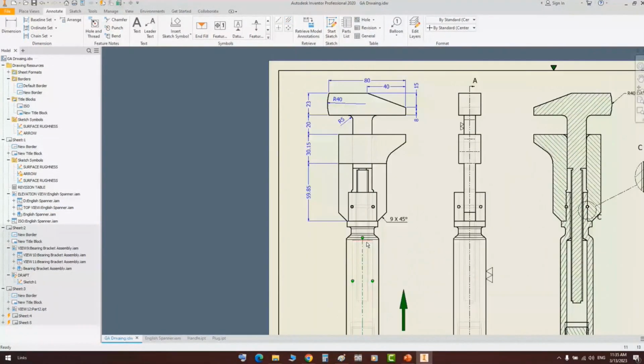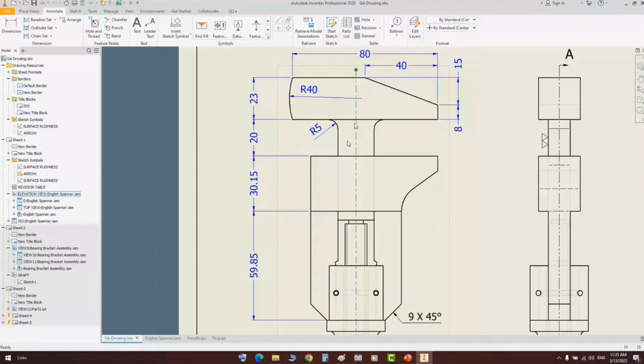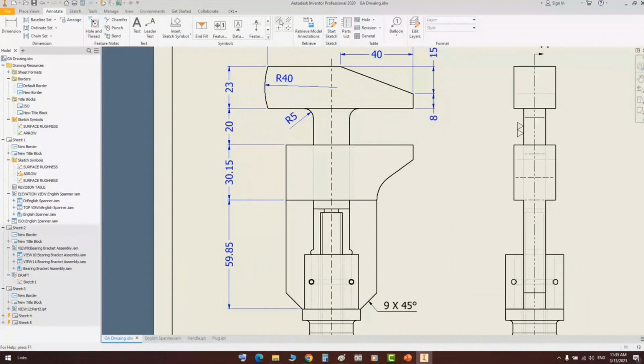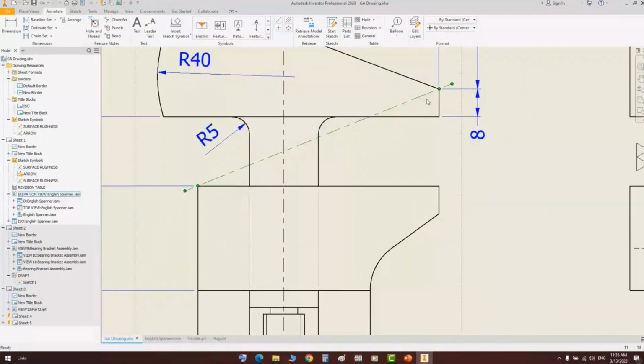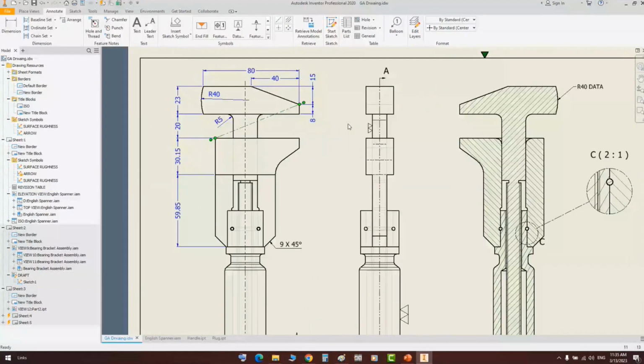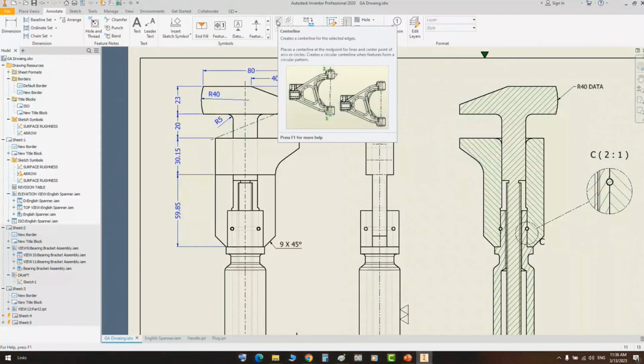You can extend it that way. You can move the end point up or down to extend the center line. And you can create a center line by defining 2 points. So if you would like to connect, for example, between this point and that point, you can create a center line by using 2 different points. And one more thing for this type of center line, it has many